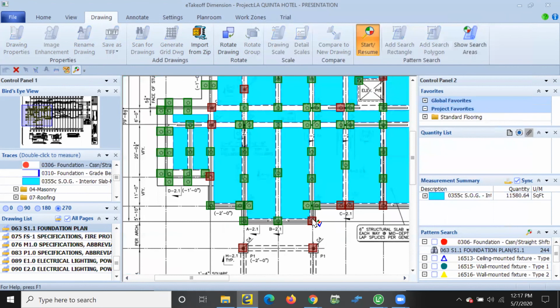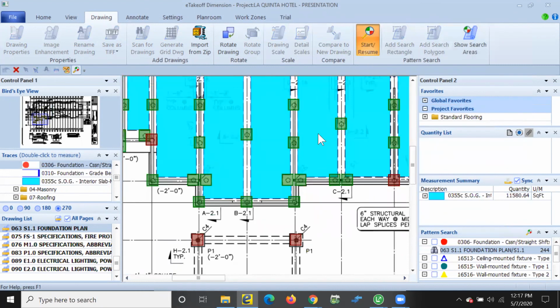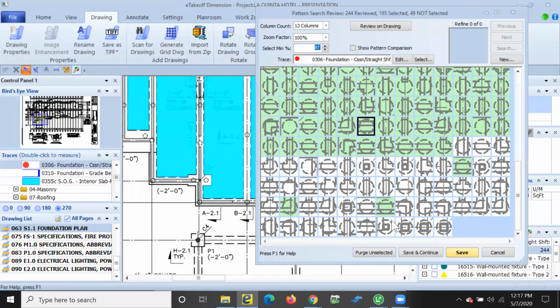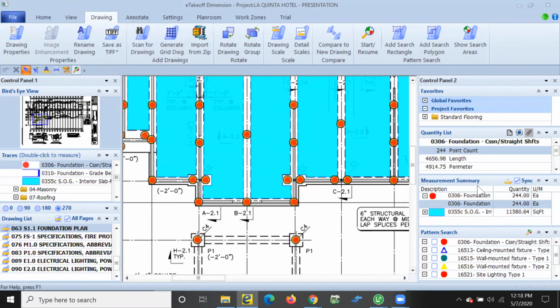So you have the ability at this point to click and add these red items into your search if you wanted to. Alternatively, you can go back to this Start Resume page, and I can just simply do a Shift Select here, select all of the rest that I want to include in my search, and then I save it. Once I save it, it identifies it with that red dot that I have identified with this pier trace there. So again, that measurement summary, you see what it counted right there.